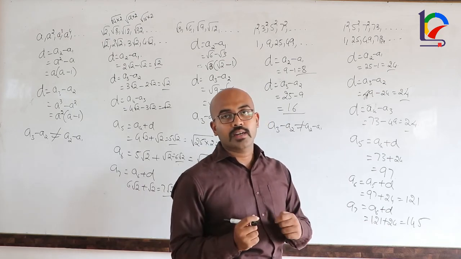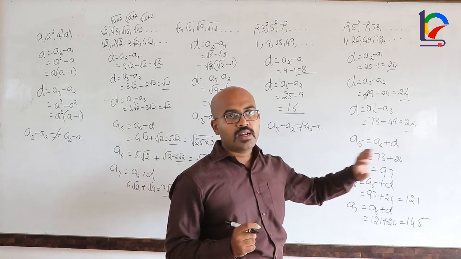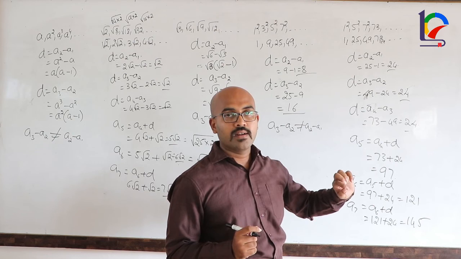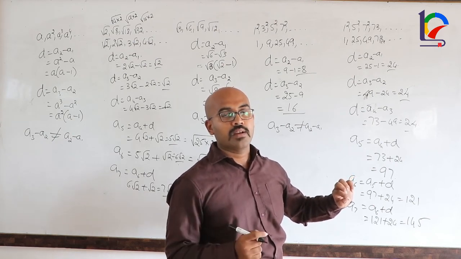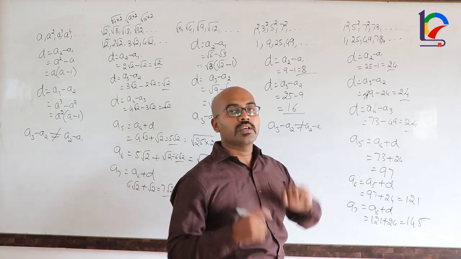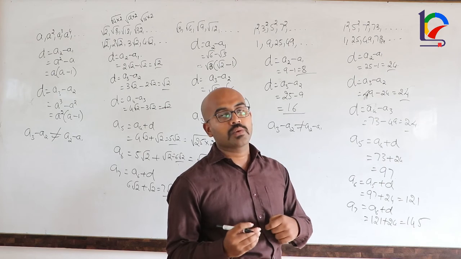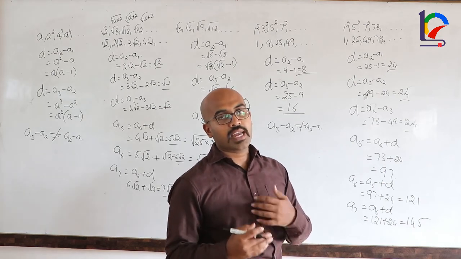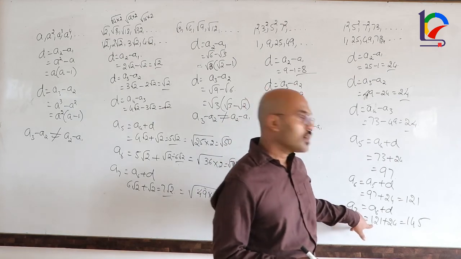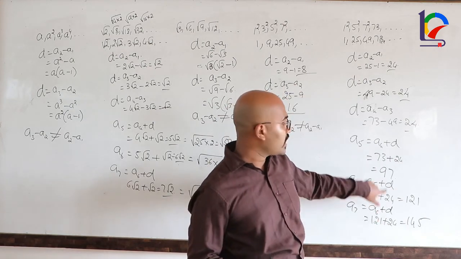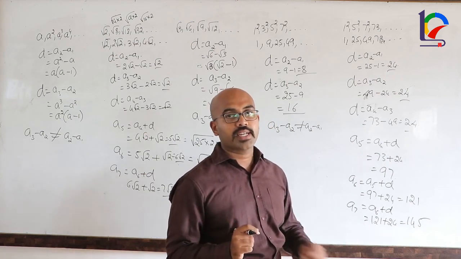So start doing that. Don't depend on the age old method, it is the best way, but since you are in class 10th, you don't have that much time to do the calculation, because you are given lengthier problems where the calculation is more. The faster you calculate, the more time you save. So the next three terms are 97, 121 and 145. These are the next three terms.